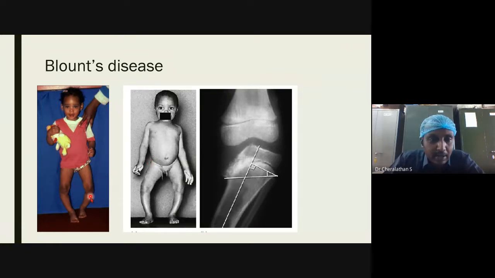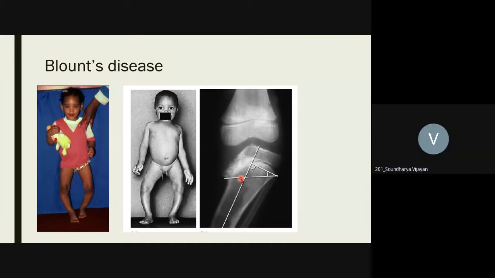And you can see that gradually the varus actually increases. See, after the child starts to walk, usually it should get corrected from varus to valgus, whereas in here, the varus gets exaggerated. The reason is there is an abnormal physeal growth arrest on the medial side. Like we discussed in that particular slide, the physeal arrest can happen either in the femur or in the tibia. Here it is the physeal arrest on the medial aspect of proximal tibia, where there is no growth, whereas the lateral side continues to grow, giving rise to the deformity. Is the slide clear?